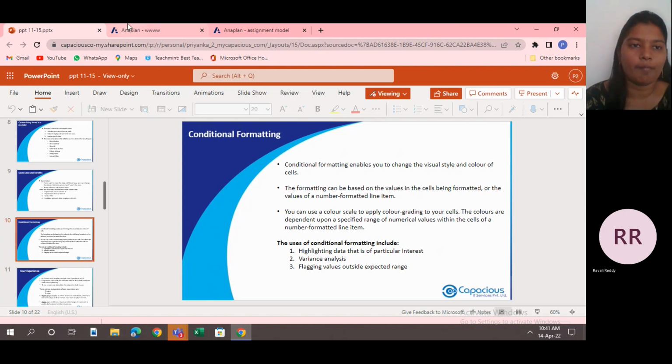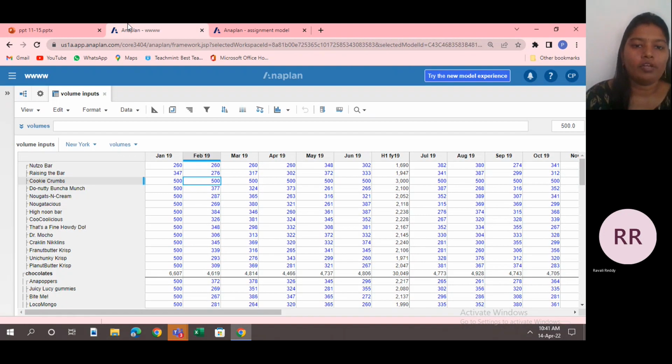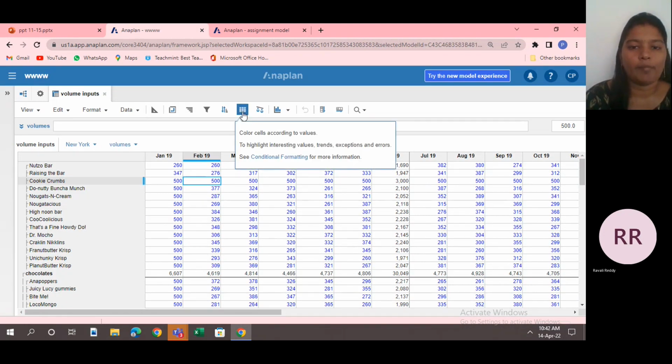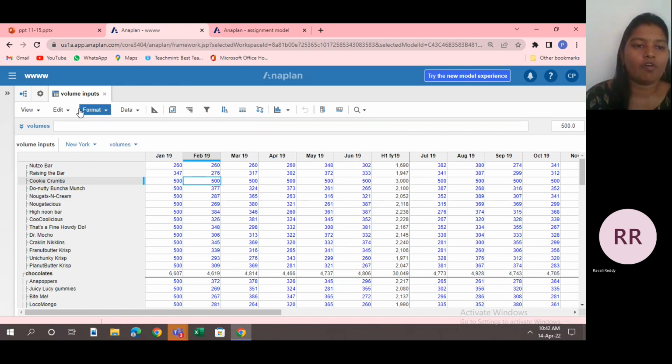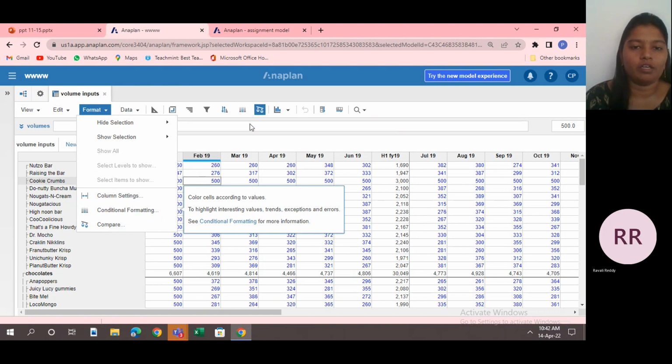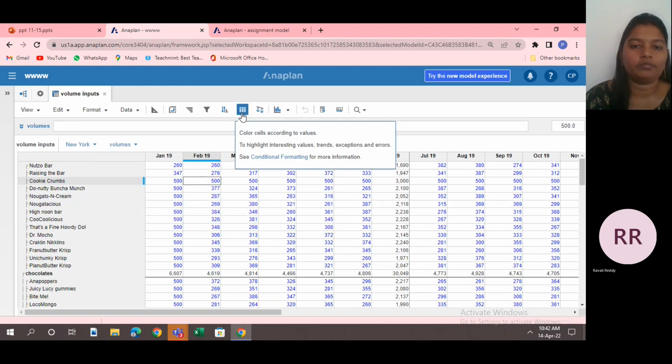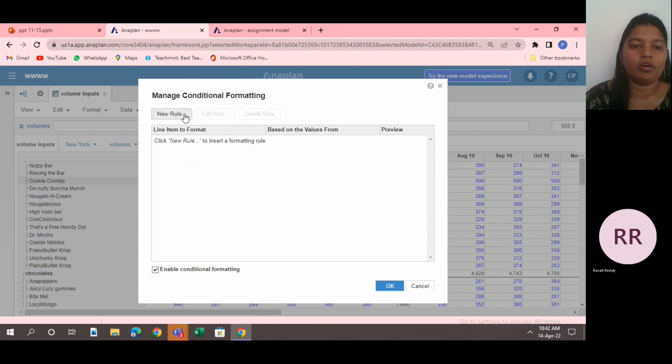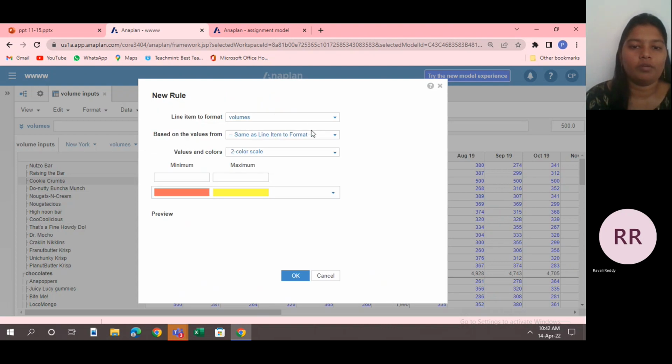I will show this conditional formatting, and this is the module, and here we have the option of conditional formatting, or we can do this conditional formatting in this format also. So this is the conditional formatting option. So I'm directly taking from here. I want to add, so I'm clicking on this new rule. So for this volume, same as line item to format, I want the three colors. I'm taking these three colors, and here minimum as 0, midpoint as 100, maximum as